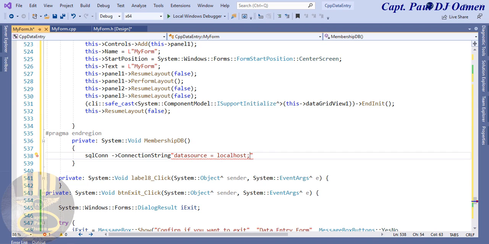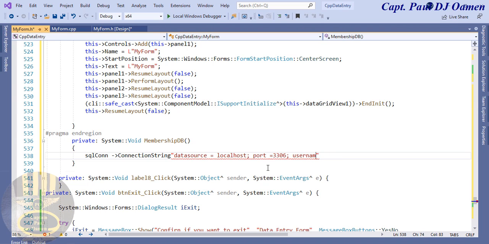Right. The next one is, I'm going to enter the port equals 3306